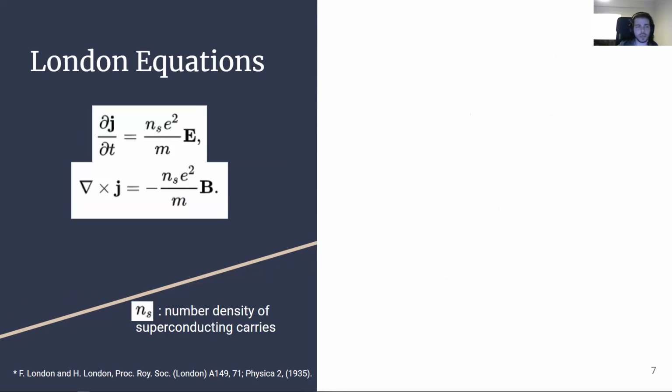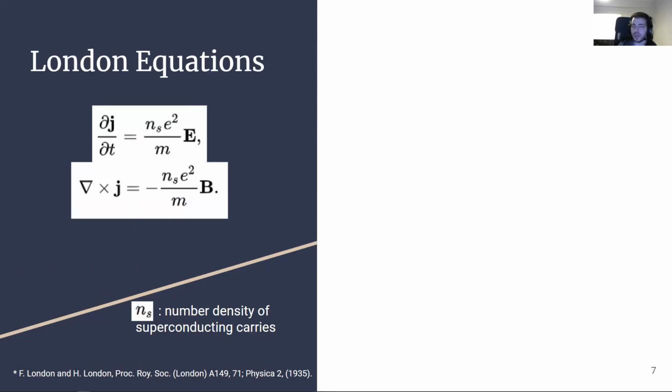So here are the two equations, which I won't go into detail, but they have the electric field, which we can measure, the magnetic field, which we can measure, and the current change and the curl of the current here. And there are some constants in these equations. So we have the electron charge, the mass, and the number density of superconducting carriers. So what are these superconducting carriers? We will talk about them in a second, but we should talk about the importance of the London equations, because